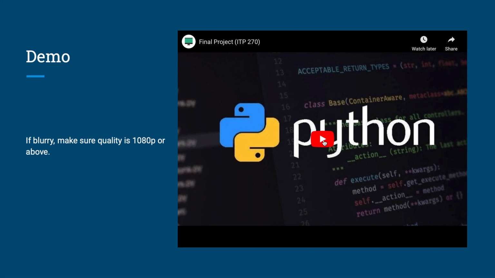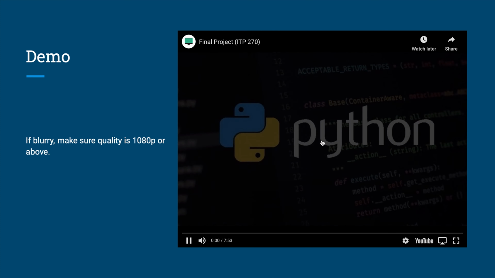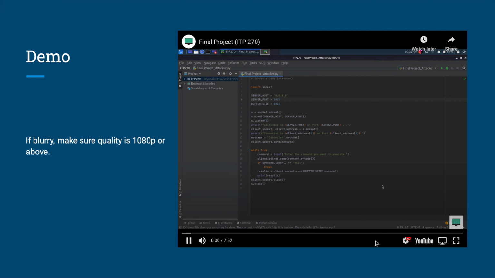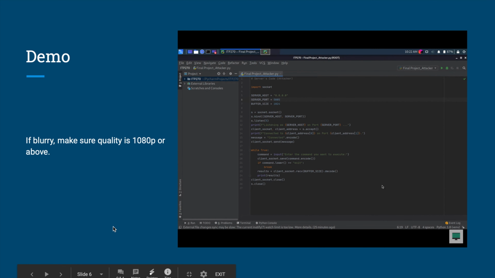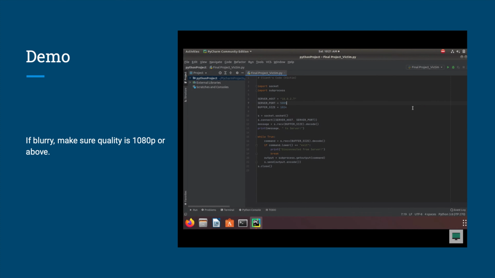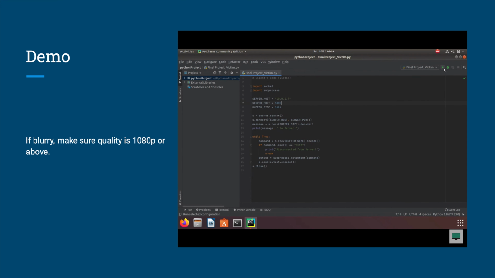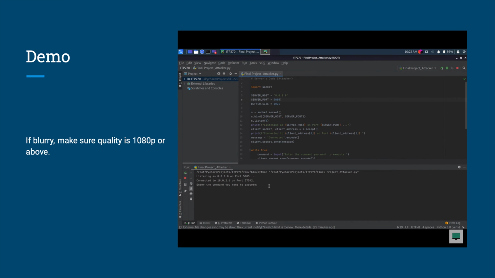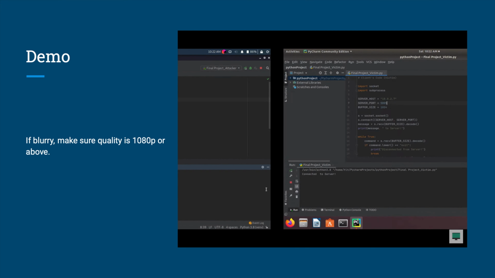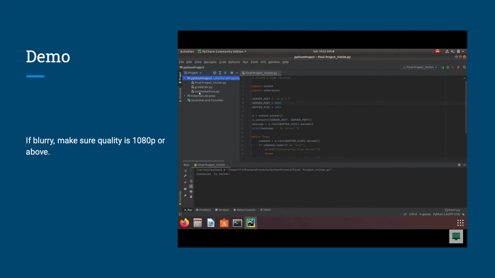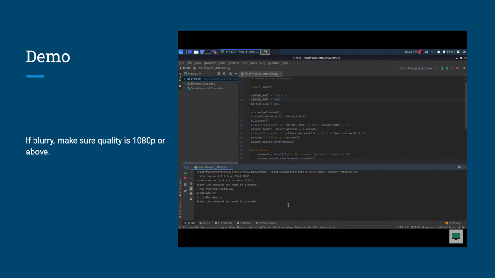All right, here is a demo of the two scripts in action. I just started the attacker's code, and next I'll start up the victim. You can see that it is now connected to the server, and we see on the attacker that it is also connected, and it's asking me to enter commands. I just entered the ls command to list. And as we can see, final project, grade calc and victim machine, and grade calc victim machine, and final project